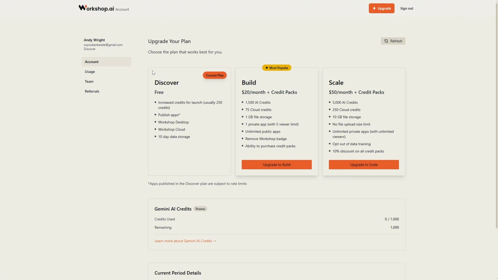Account details, who we are. So this is the plans. Increased credit for launch. You do 250 credits. It says you can publish your apps on a local link. Workshop, desktop, and cloud, and a 10-day storage, which I presume means that if you make any applications, the data will not be on there